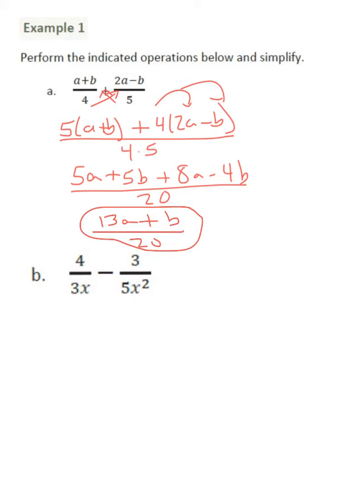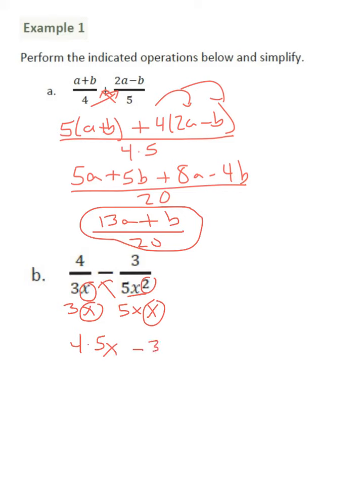This one right here, once again, we already have an x, don't we? That's common. This x is common, not the square part, okay? So just the x. So this is really like 3 times x, and this is 5 times x times x. So they have this piece in common. I'm not going to use both. If you want to use the whole thing, you can. You just got to reduce at the end. So I'm going to take this 5x times the 4. So 4 times 5x